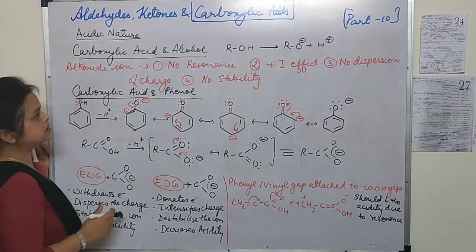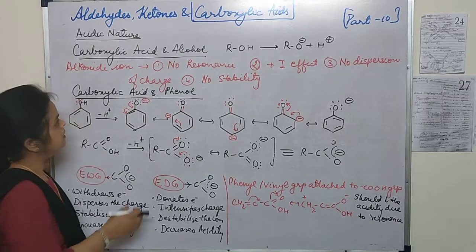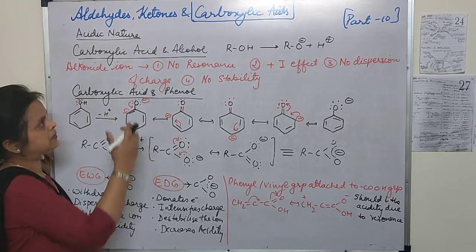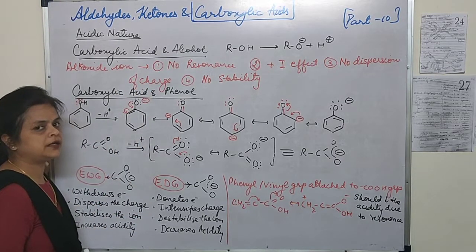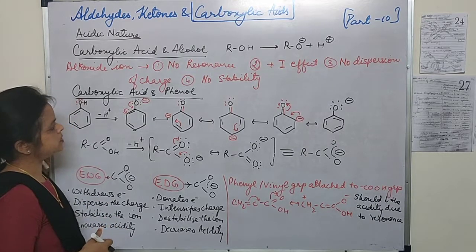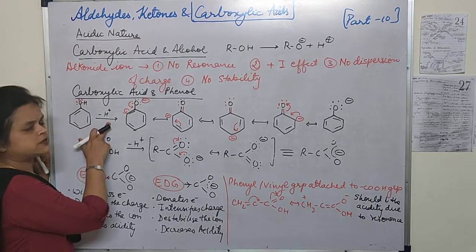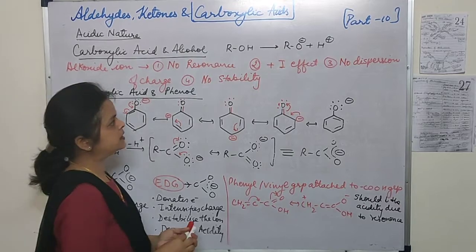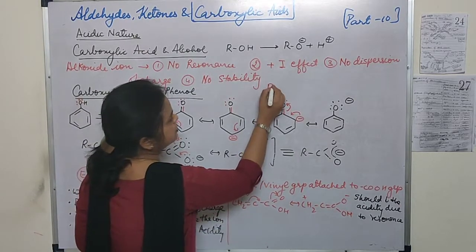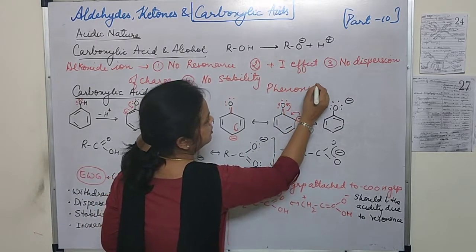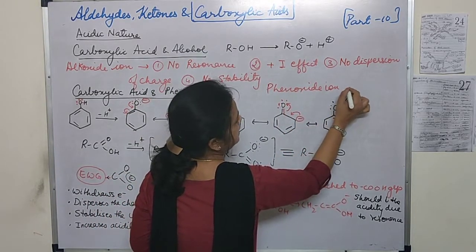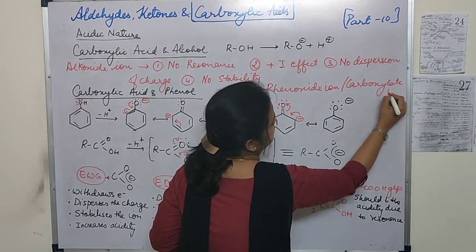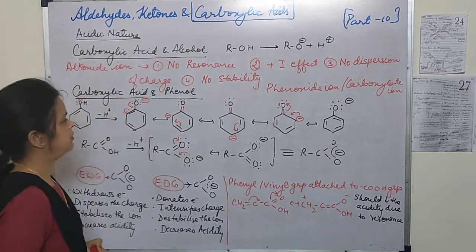Okay. Now, when we are talking about carboxylic acid and phenol: phenols are a little bit more acidic as compared to alcohols. Phenols turn blue litmus red. They also react with Na and NaOH, because when phenol gives a proton, it forms the phenoxide ion. Now we will compare, students, the stability of the phenoxide ion and the carboxylate ion. Phenoxide ion and carboxylate ion.